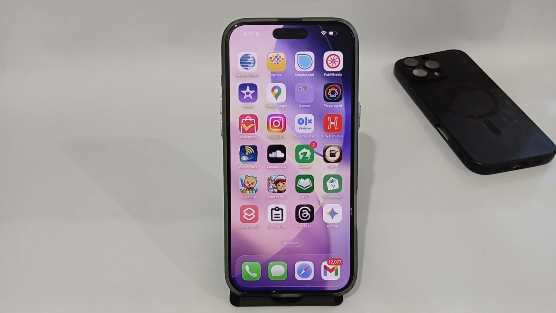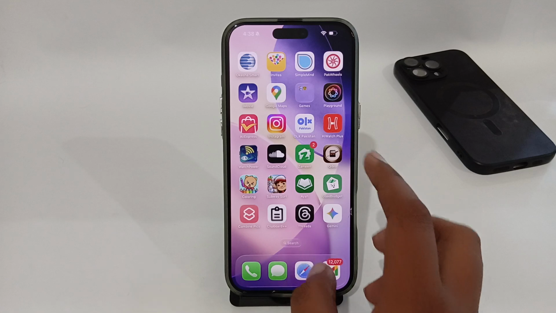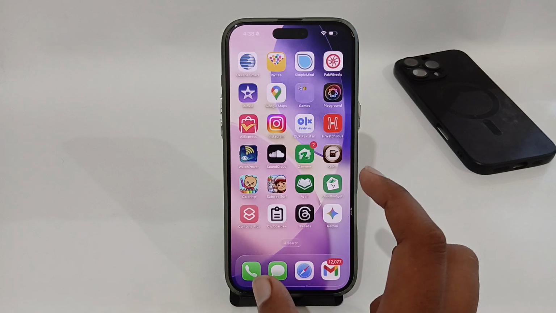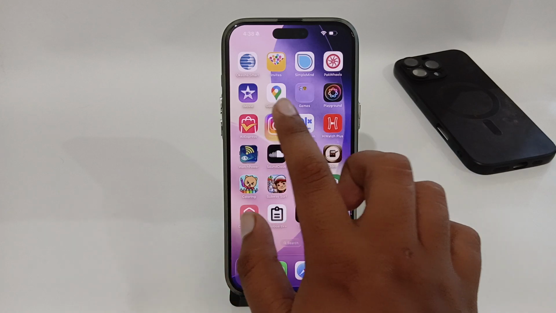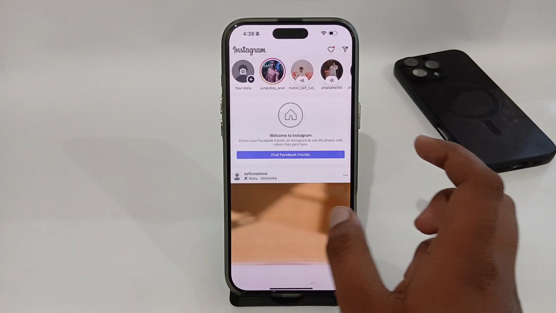Hey guys, today I'm going to tell you how to change music on an Instagram post. If you're using Instagram and now you want to change the music of your Instagram post, let's see how you can do that. You have to simply open up your Instagram app and just go to your profile in